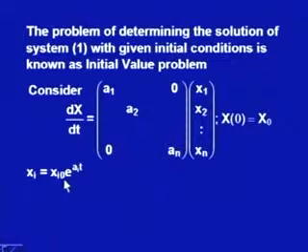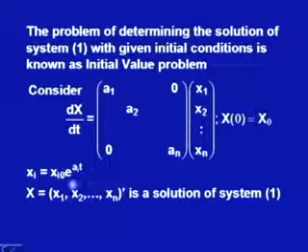Here x10 is the arbitrary constant, and we can calculate this using the initial conditions. Similarly, we can calculate the second solution, dx2 by dt is equal to a2 into x2, and so on. So, in general the solution of this system is written as xi is equal to xi0 e^(ai t). i will take values from 1 to n. i is equal to 1 will have the solution of the first equation, i is equal to 2 will have the solution of the second equation, and so on. So, this is a general solution.